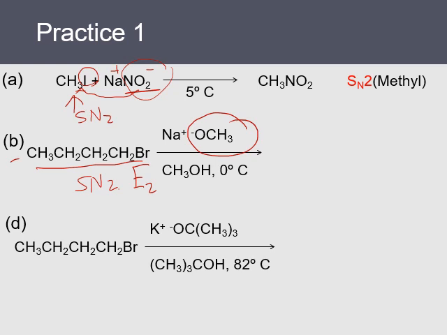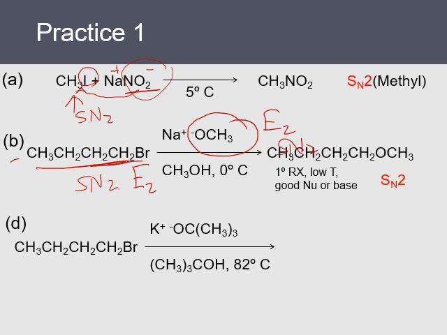This base prefers E2, unless it's primary. If it's primary, then SN2. So this is a primary, so probably an SN2 reaction. So here is a primary, low temperature, good nucleophile or base, the reaction should be SN2, and the product is